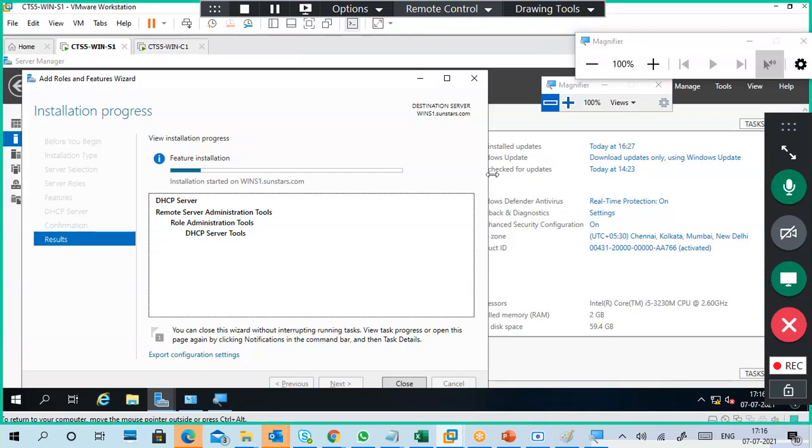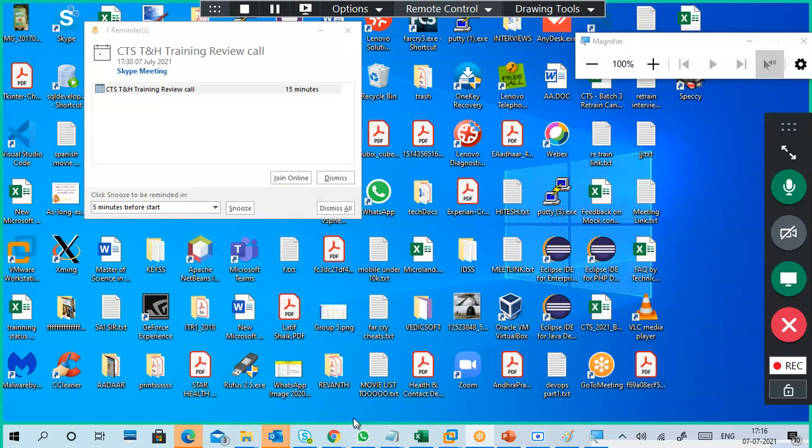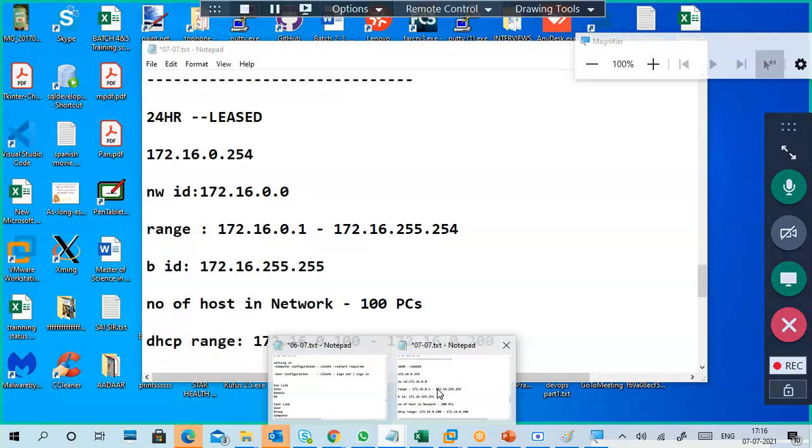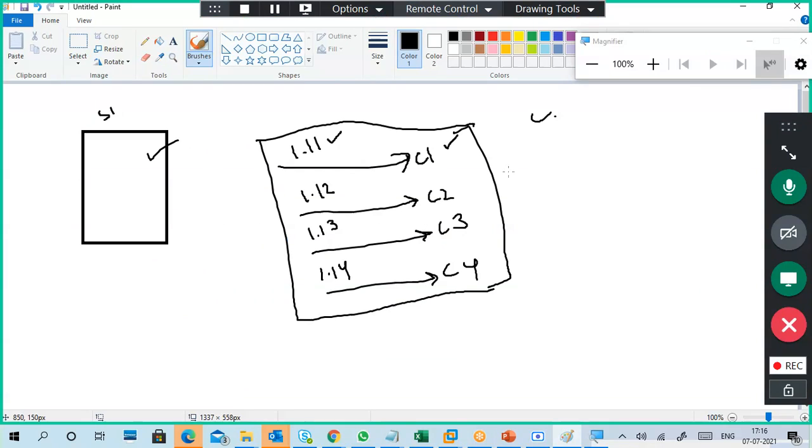Still going on. When will it be installed? Complete? One day, not wasted, but still not completed also. Okay, at least I will complete this part tomorrow. Both DHCP and DNS, you installed them successfully. So we can't do anything now.